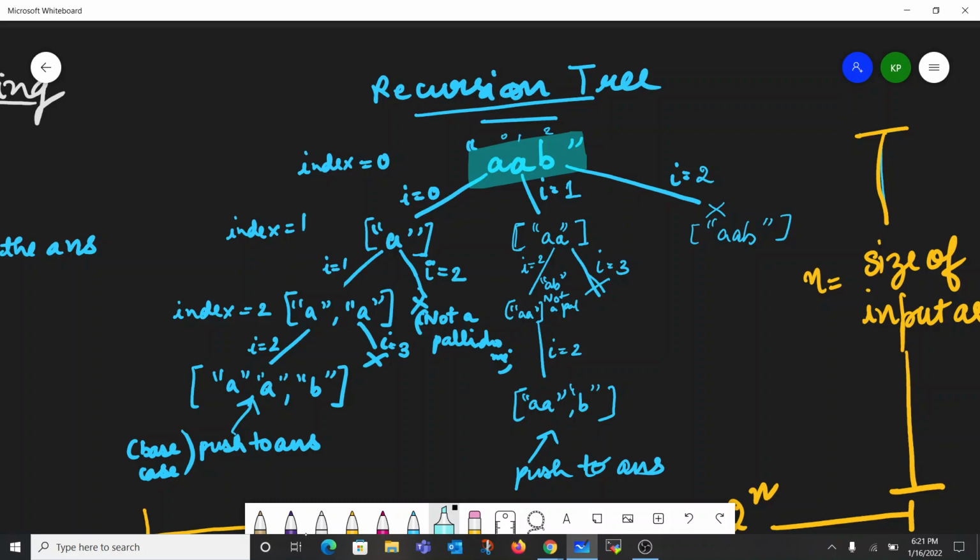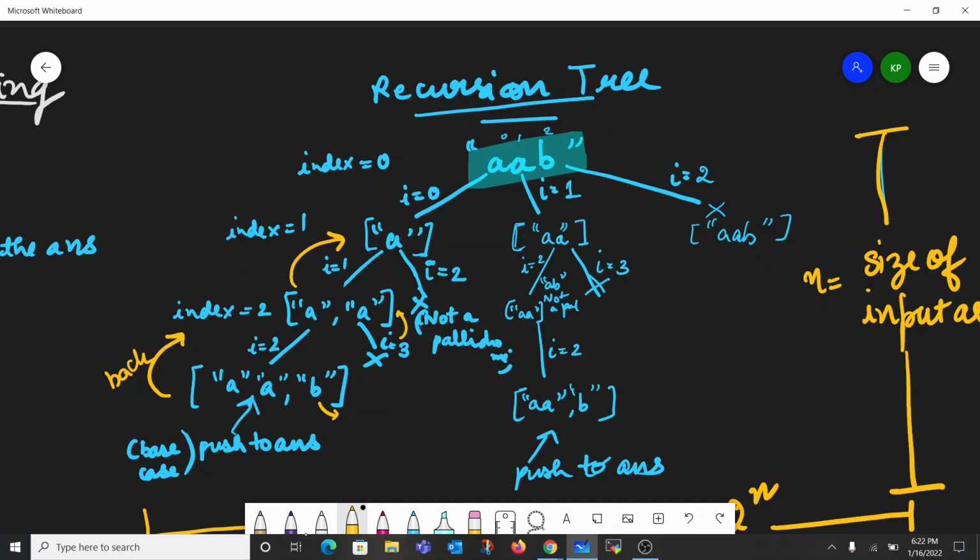And then it simply backtracks. When it backtracks, it will pop this particular B, and it will reach this particular AA state. Then due to that recursive function, it will again go deeper, but as i has now become equal to 3, because of the for loop, it will simply terminate here, and then it will return to its parent caller. This parent caller has no further calls, so now this will return to its parent caller,